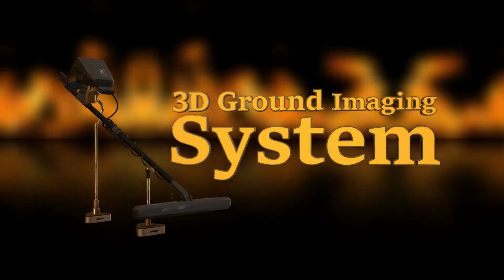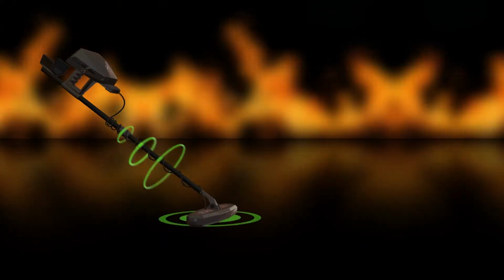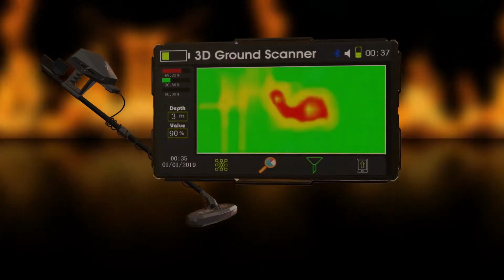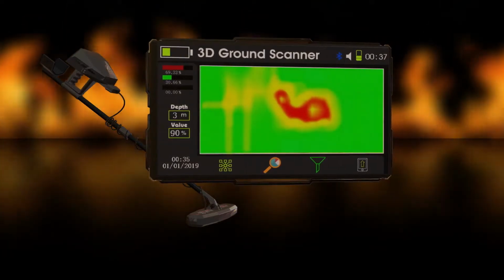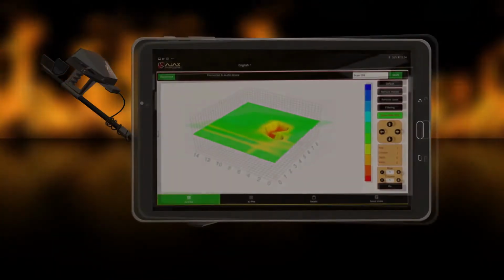First system, 3D Ground Imaging System. This system studies and analyzes the soil by sending radar waves. That will show a 3D drawing of the target shape, size and depth. To show the results and the graph, either through the device's screen directly, or by using a tablet, or